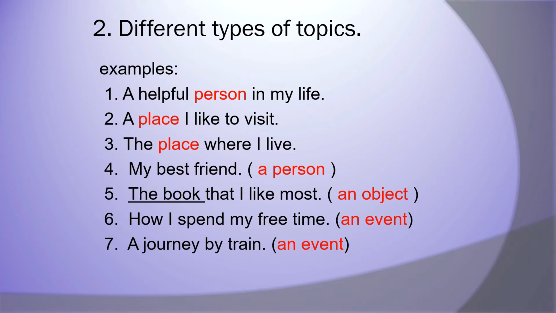First one, person. Second, place. Third one, place. Fourth again, person. Fifth one, an object. Sixth one, an event. A journey by train. Here it is an event. Well, if you take these words, only four words are used here. What are they? Person, place, object, event. Well, so in question number 8,